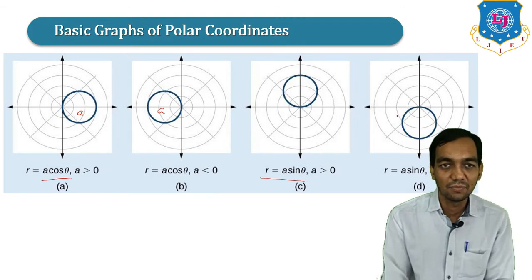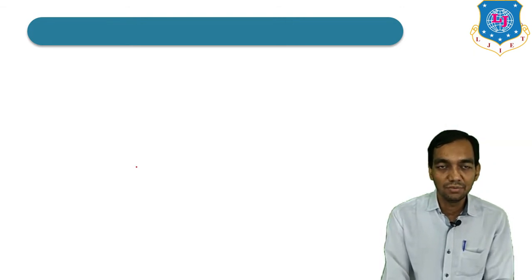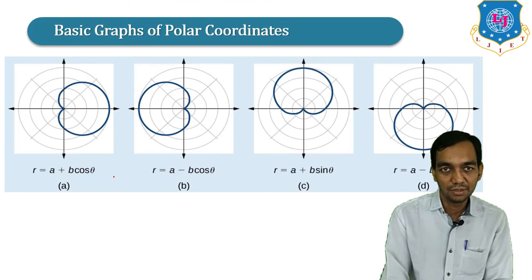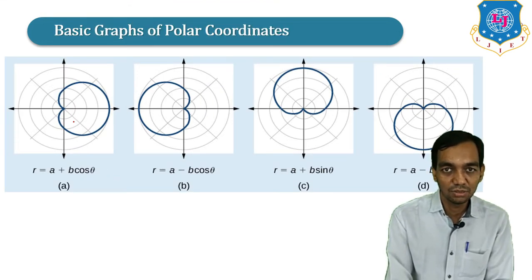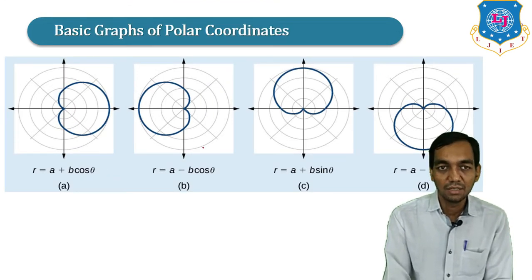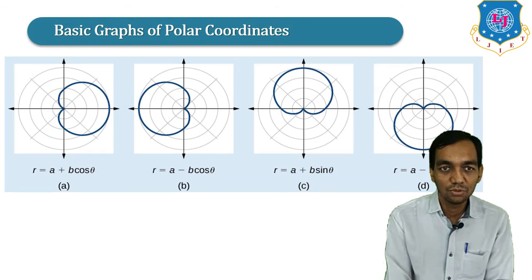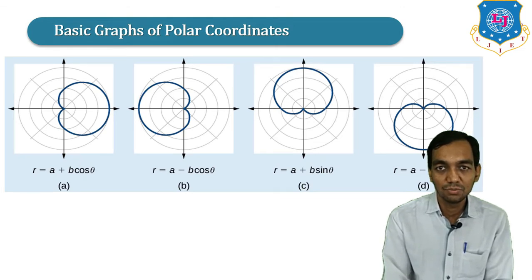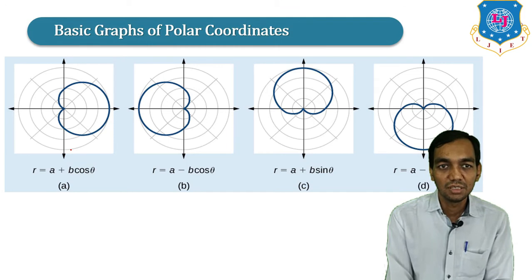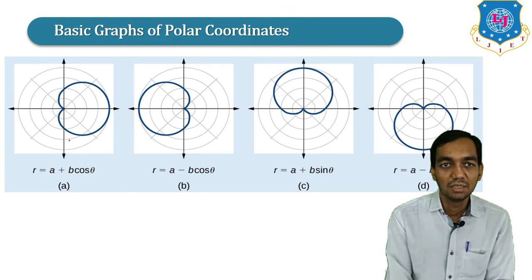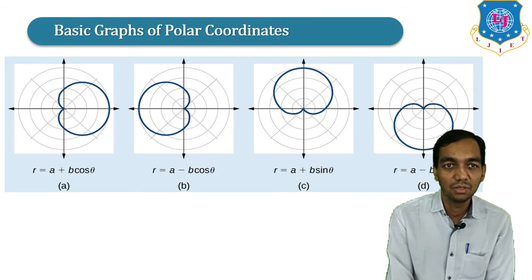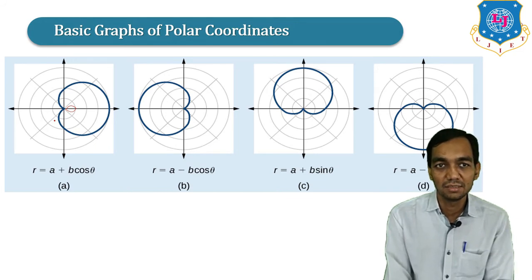Negative y-axis. In the same manner, we are going on to the curve cardioid. This is the equation of a cardioid. If you put A is equal to B, then these are the curves for A equal to B. This is the general equation, R is equal to A plus B cos theta. If A is greater than B, then you have this type of curve, with a small leaf inside.